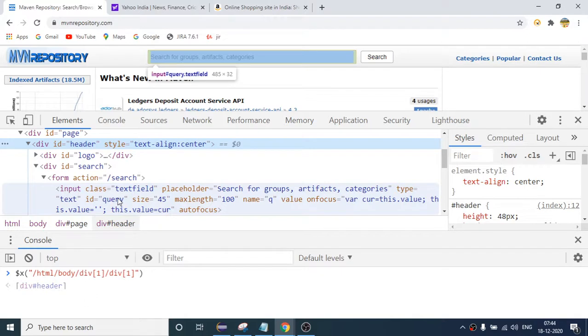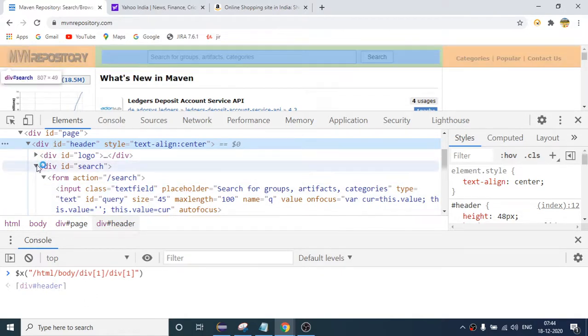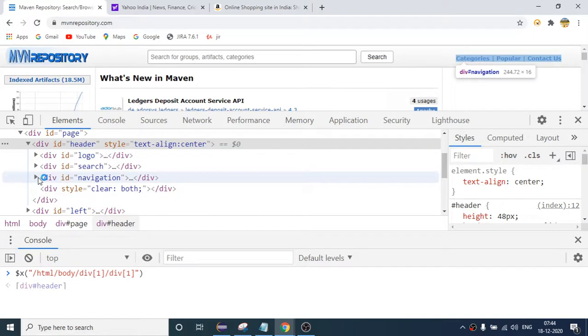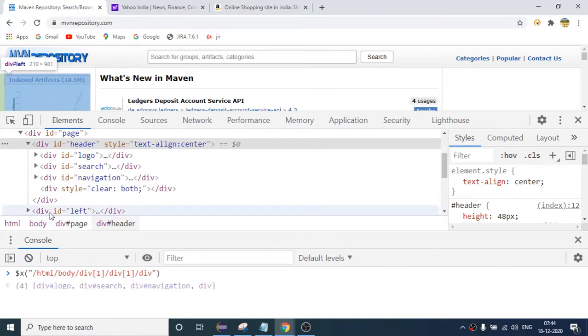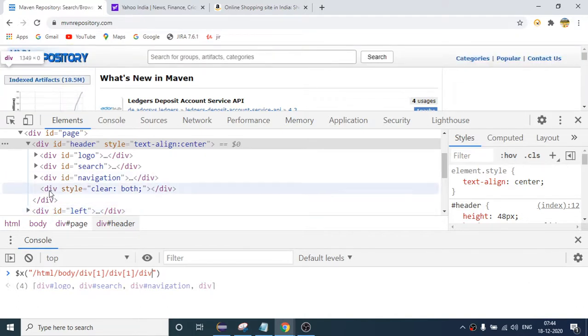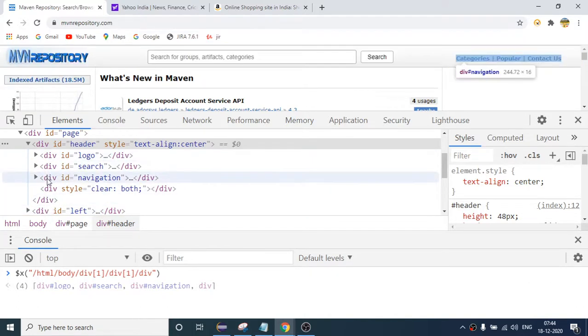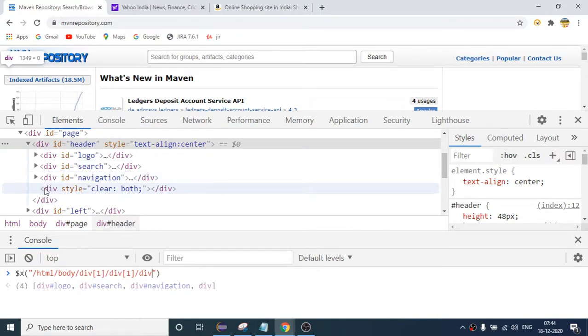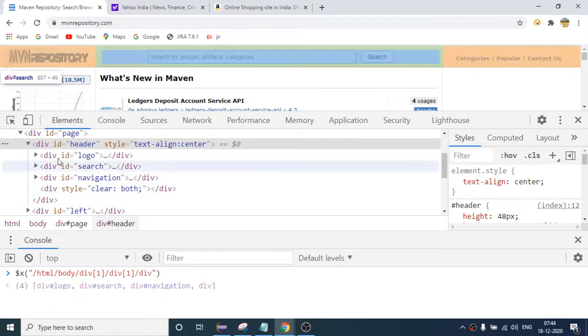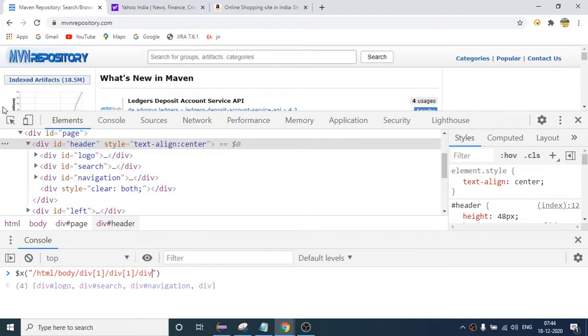So expand this, and here we have to come. Inside this, you see only three divs are present. So if I say slash div, it should give me 3 elements. Sorry, it is giving me 4. Okay, so this is also present, but not this one. 1 2 3 and the last one is 4, right? This line does not have any children, but all these will also have some sub children, right? So 1 2 3 and 4 results it is giving me. So I want to go to the first one again. Let me click on inspect again.